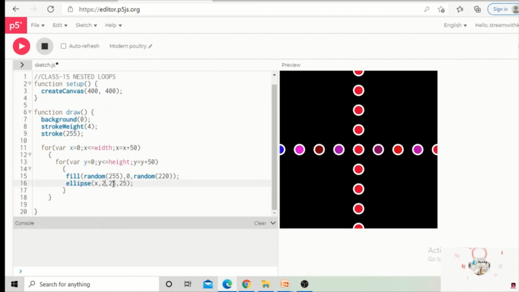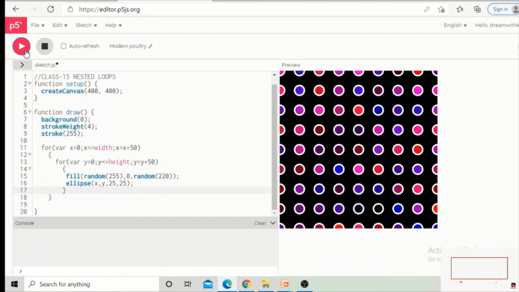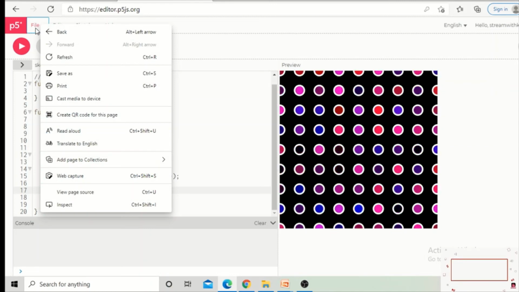And now you can find out the difference. I cannot give the y position as 200 because we already mentioned that the y position needs to be taken from the second for loop. So instead of writing two for loops with two ellipse instructions, we can also write the loop like this. If I click on the play button, you can see we are getting the ellipses on the complete screen. It is repeating for the complete thing and we get them in all the places. So a loop inside a loop can be written like this, which is called nested loops.